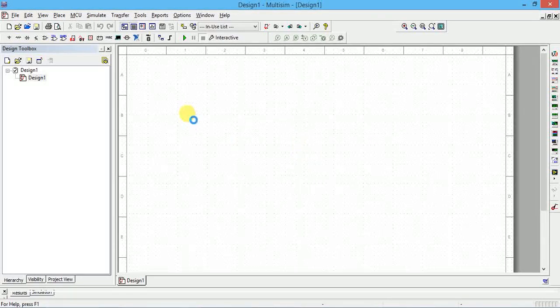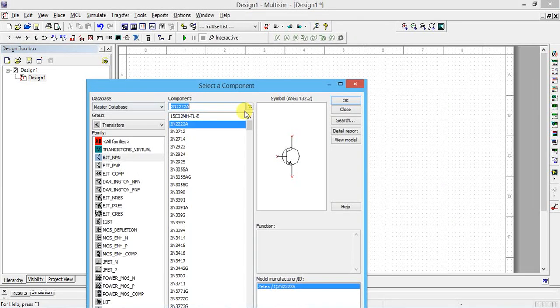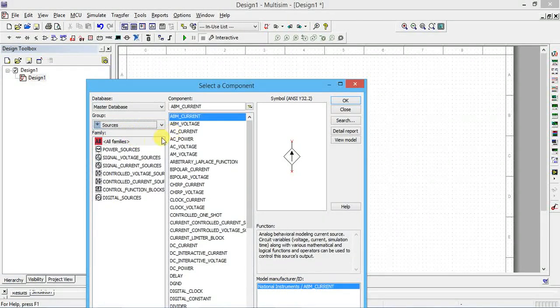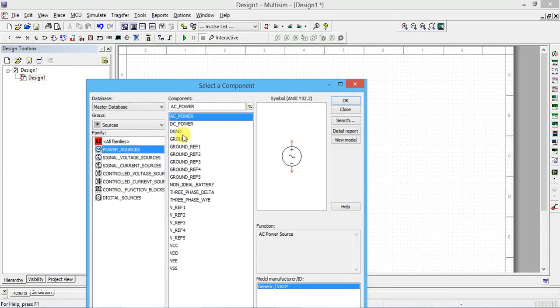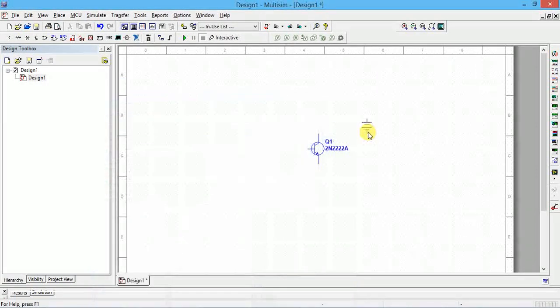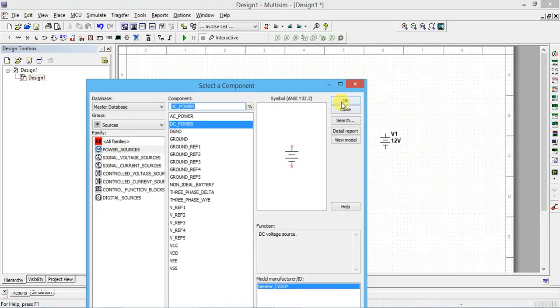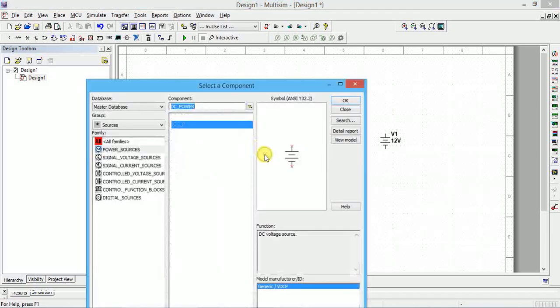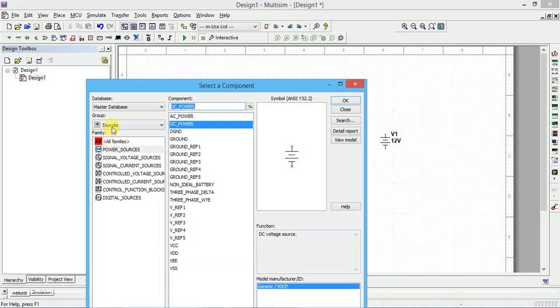After that I want a power supply. In the group you select Sources, then Power Sources. In the power sources, click on DC Power, click OK. Place two power supplies: one here, and one more time you click OK. So another one is kept, and I want a ground. Ground is also available in the sources only.